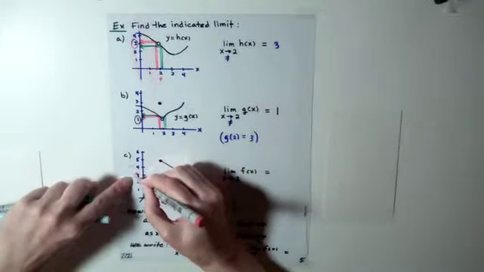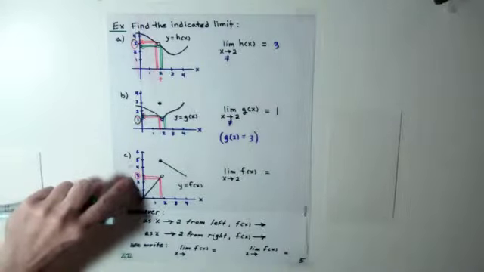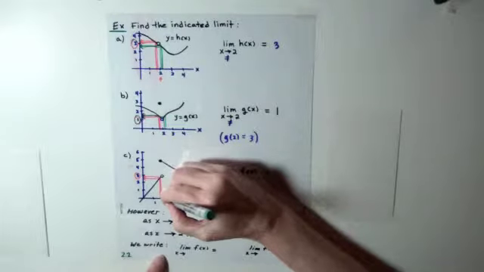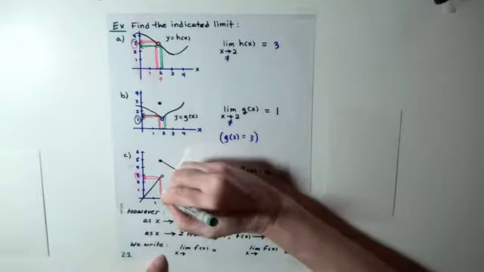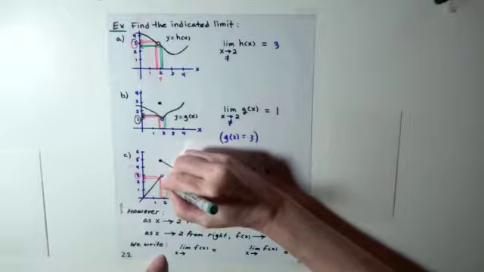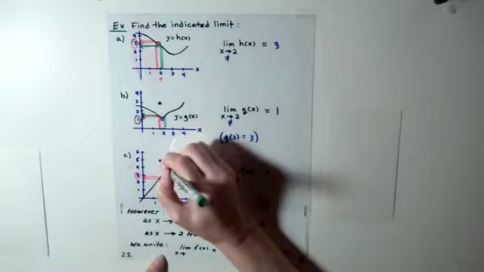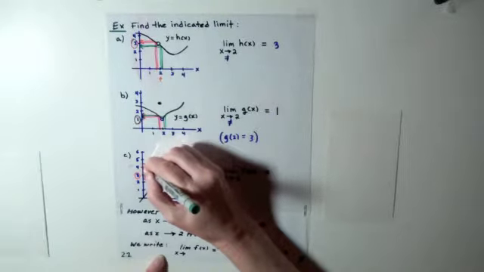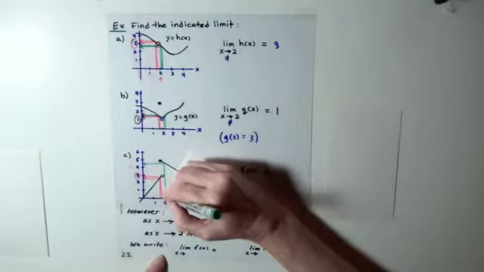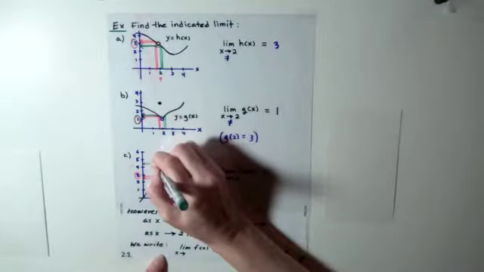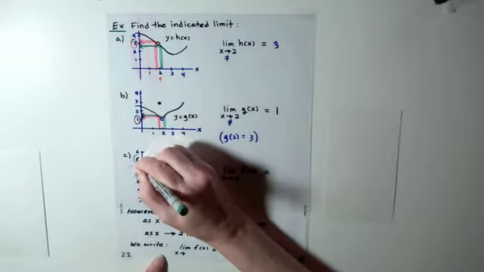It looks like they're collecting closer and closer to 3. So you might say, the limit must be equal to 3. But what happened when you tried values that were greater than 2? If I choose a value that's to the right of 2, to find the output value, I have to go up to wherever the black graph is. And that's this chunk of the graph up here, and over to the y-axis. And the closer my inputs get to 2, it looks like the outputs are getting closer and closer to the